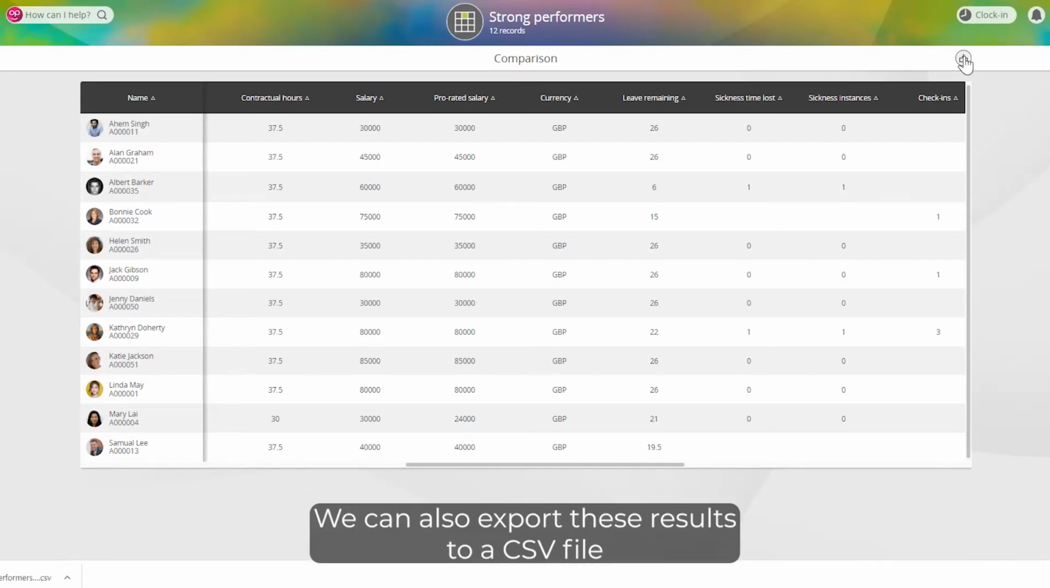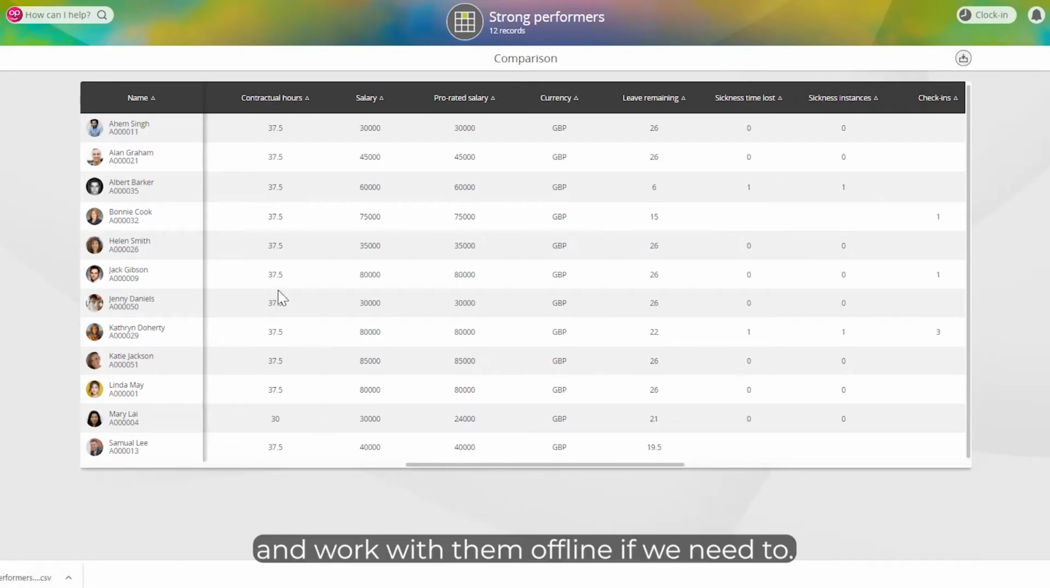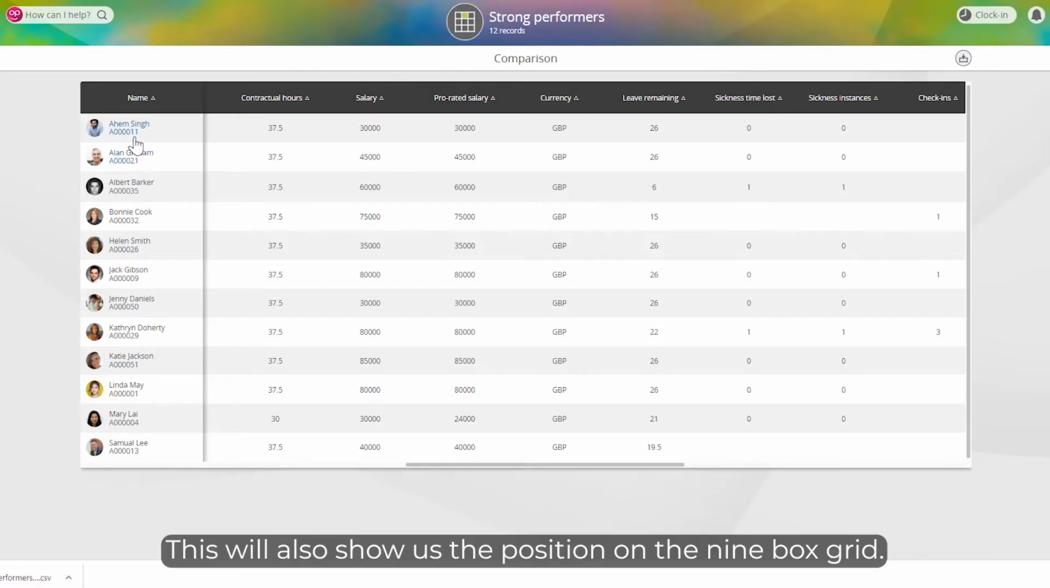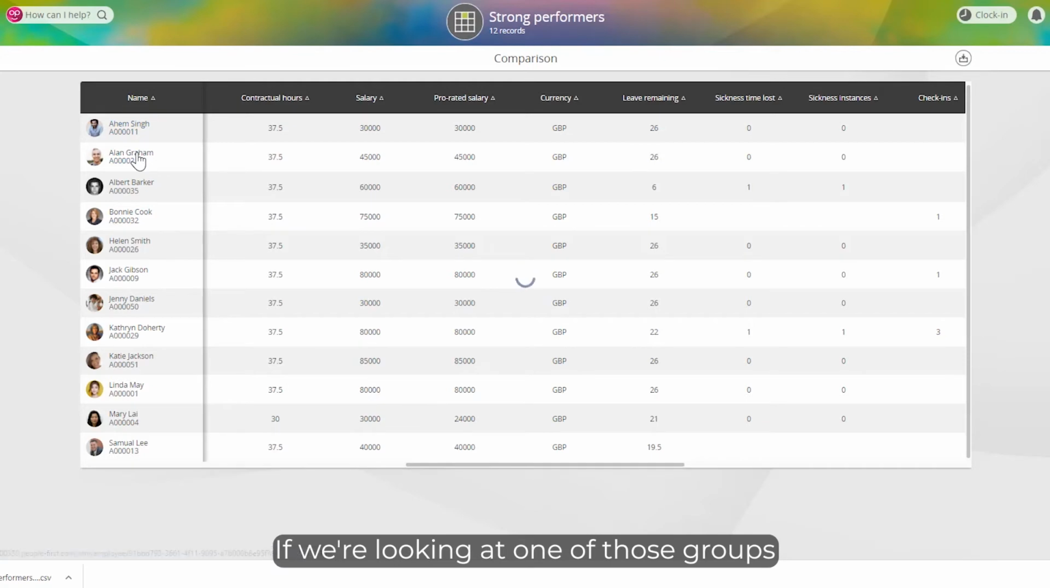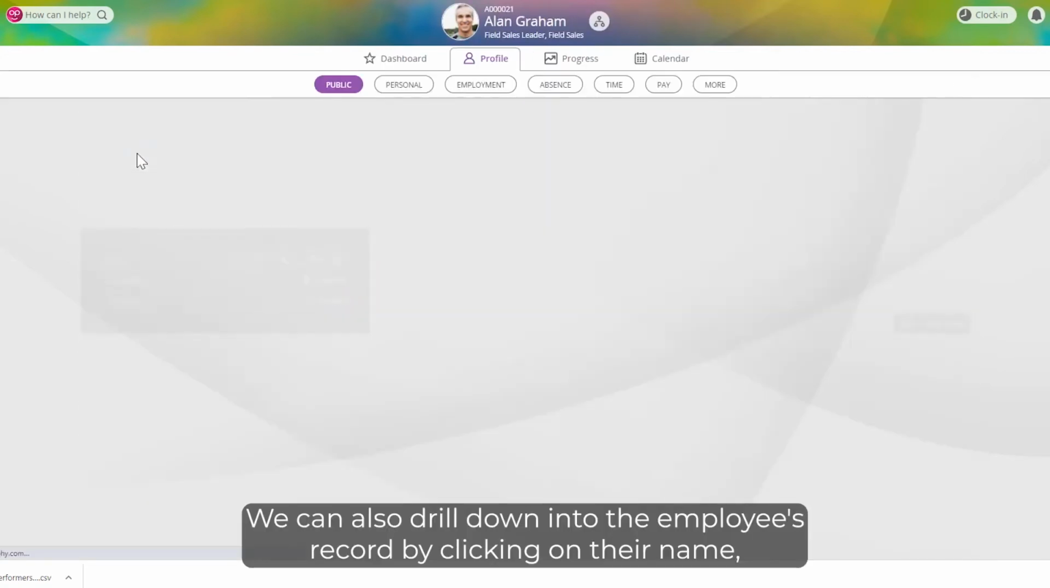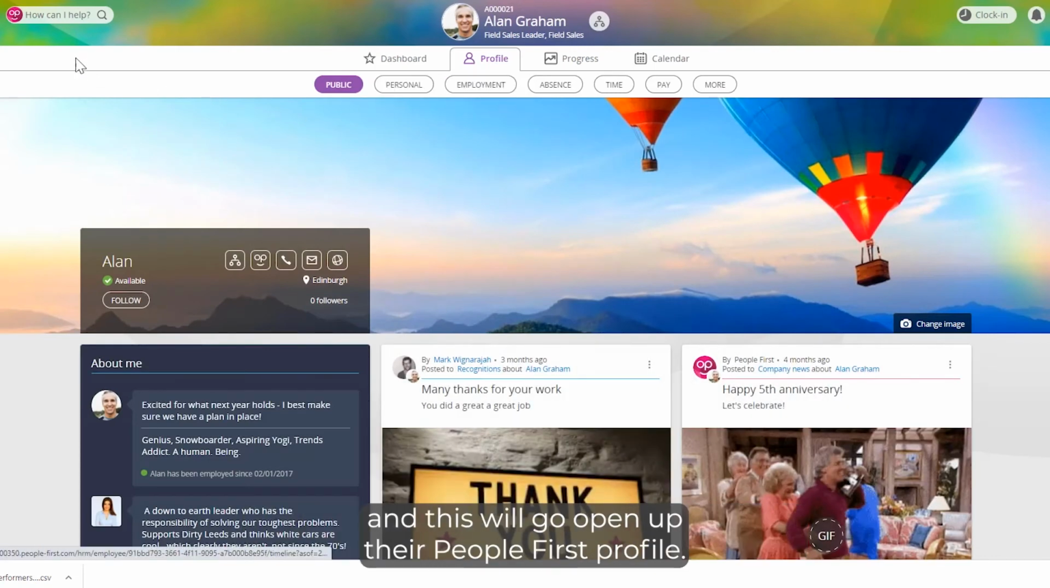We can also export these results to a CSV file and work with them offline if we need to. This will also show us the position on the 9-box grid if we're looking at one of those groups. We can also drill down into the employee's record by clicking on their name, and this will open up